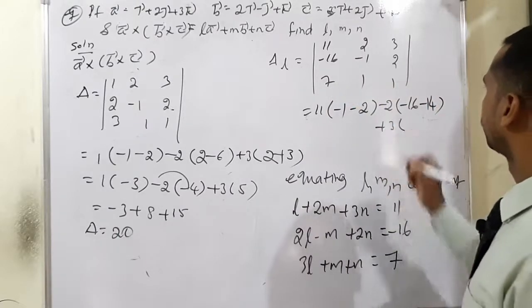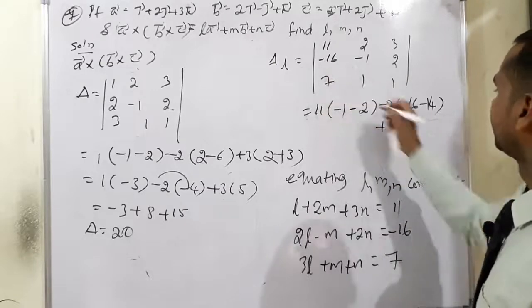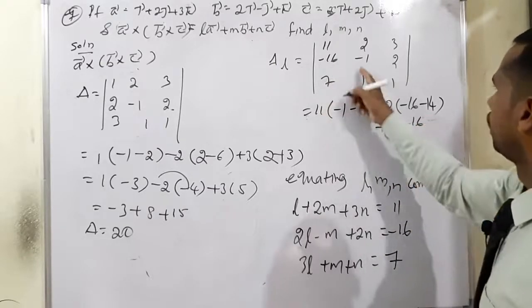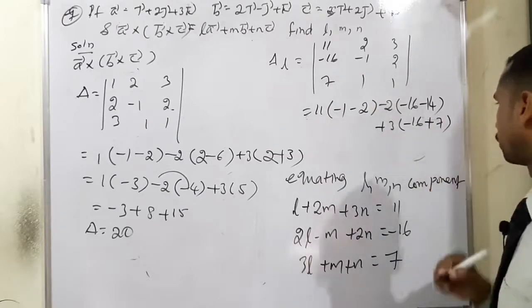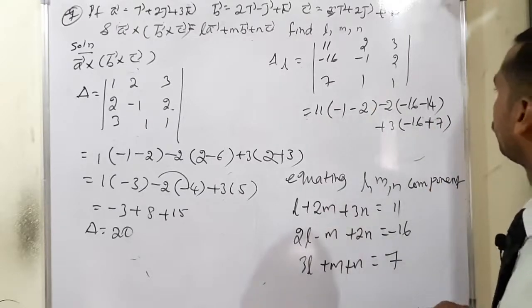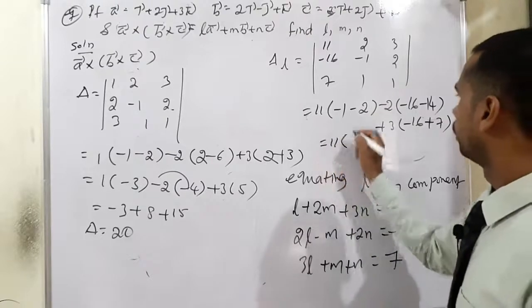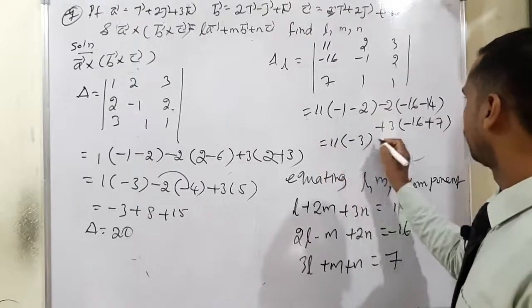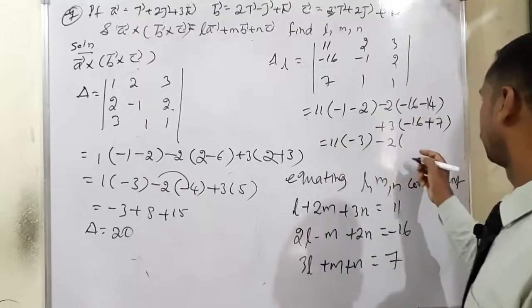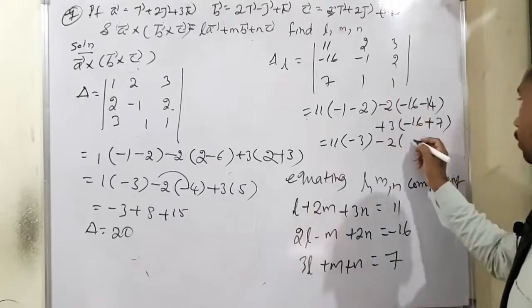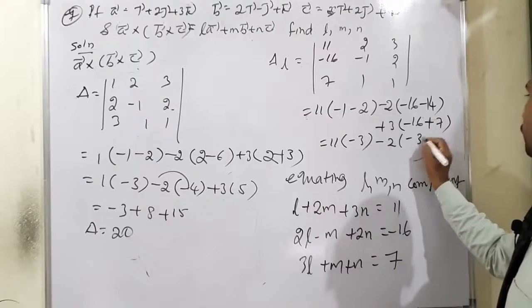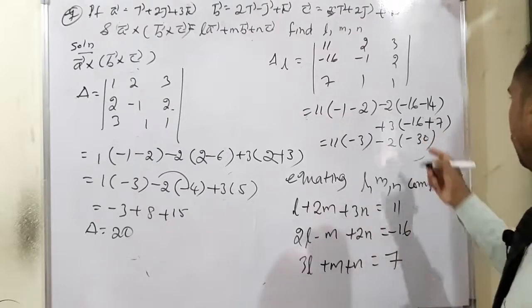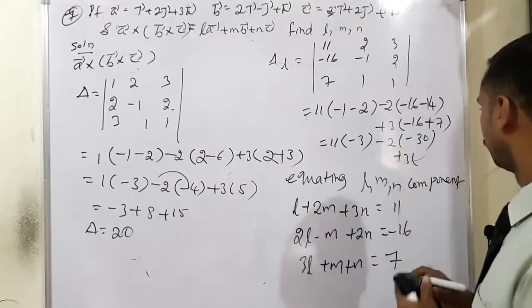Last one plus 3 means what will happen? Minus 16 into 1, minus 16, minus 1 into 7 means minus 7, cross multiply extra minus, so positive 7. Now 11 minus 1 into 2 minus 3, so minus 2 minus 6, sorry, minus 16 minus 14 means minus 30, isn't it? Then next condition, so plus 3 into